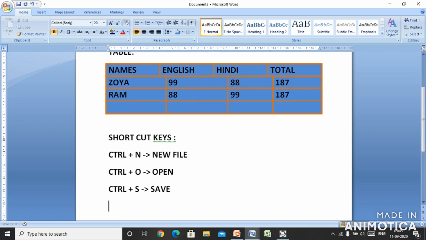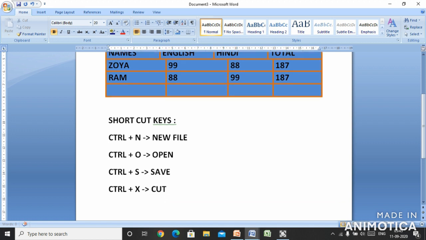Then next, Control plus X. Control plus X is used to cut any text or any paragraph. Then Control plus C is meant for what? It is meant to copy any text or any paragraph.